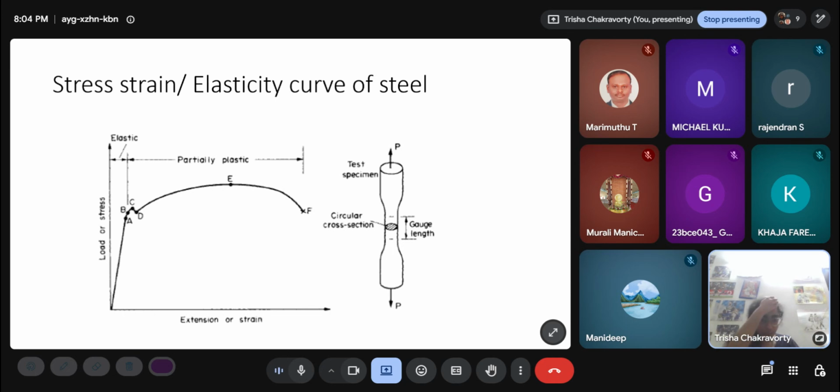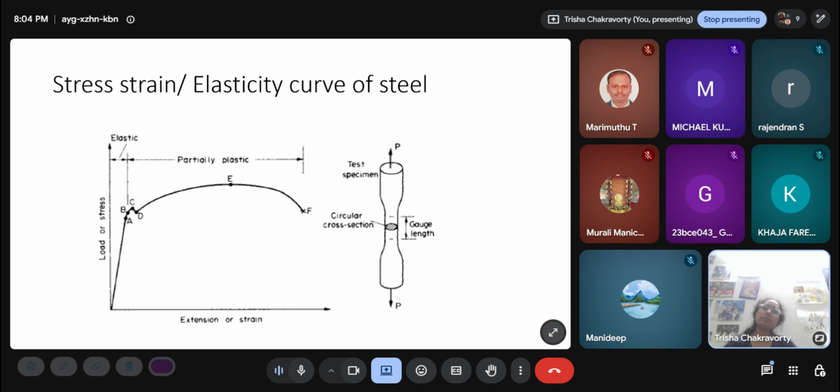Suppose I have 10 points. To plot this, I have xy coordinate pairs, and I will plot them and join them approximately and see how it looks. If I have the load values P, and I know the cross sectional area A, then P by A is the stress. So on the y axis I will plot the P by A values, and on the x axis I will plot the strain values. That is how I am going to end up with this graph.